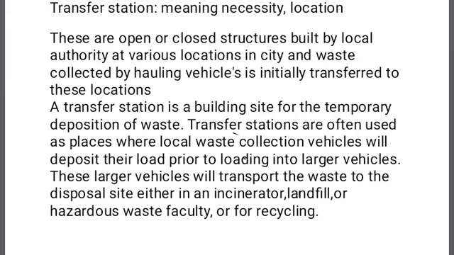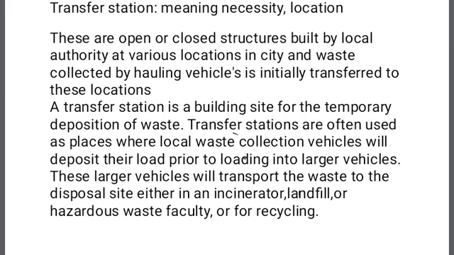Suppose transfer stations are provided at various locations, then this hauling distance automatically reduces. If this distance between the source of waste generation and the transfer station increases, then the transportation cost also increases.